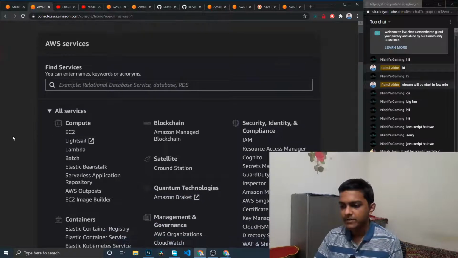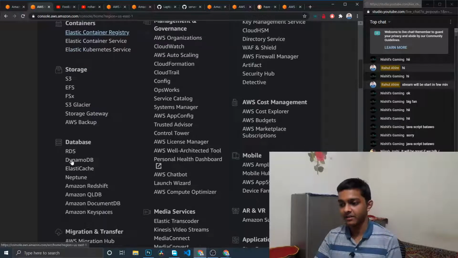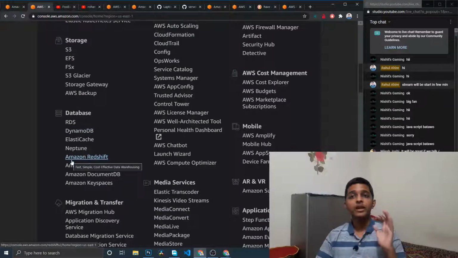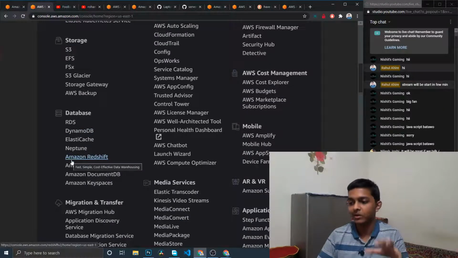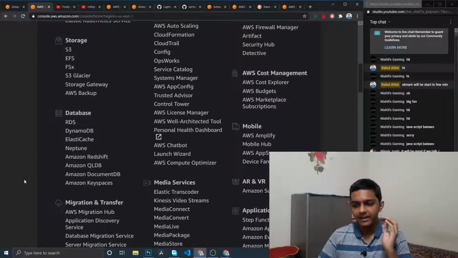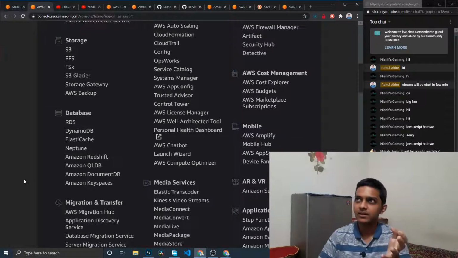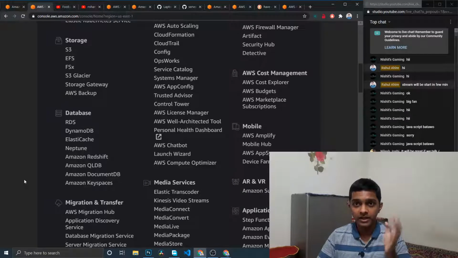So if you go up right there, these are all the services that you really need. But you don't need to get overwhelmed by it. You will not need everything that is mentioned up there. Only for particular use cases, like AWS generally provides more than 160 services for your particular use cases.